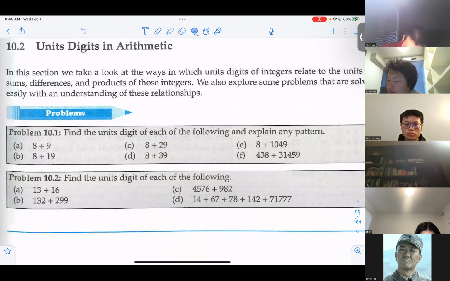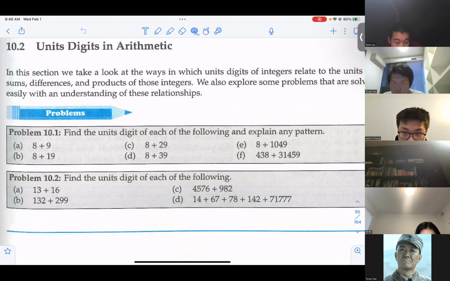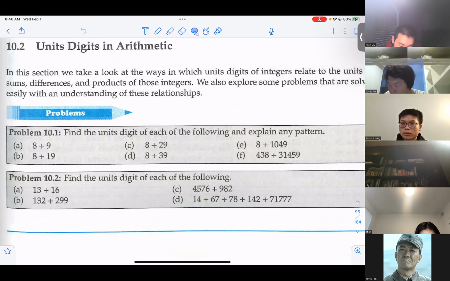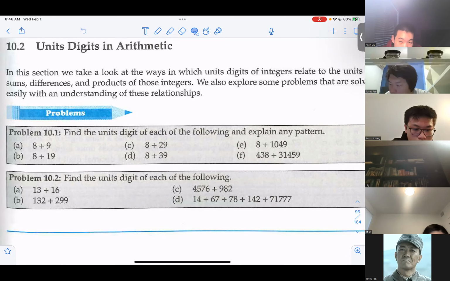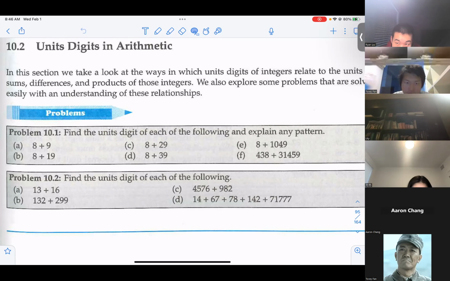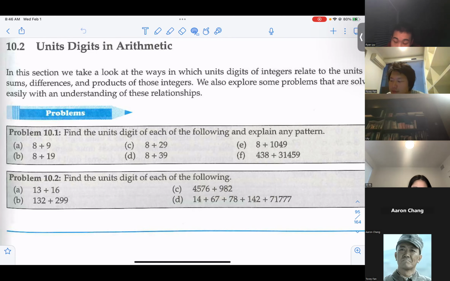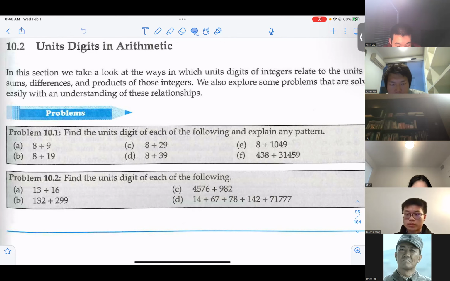Do you see any pattern? This should be very simple. Each number is 8 plus 9, right? The pattern is obviously that everything has a units digit of 7,